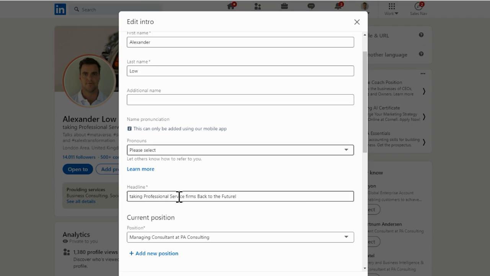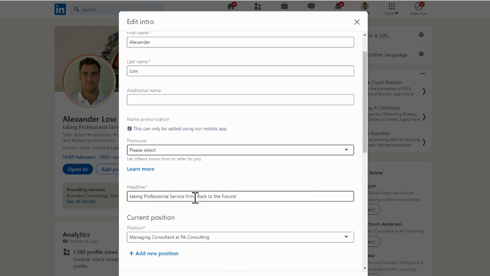So fundamentally, what we want to have here is something that's going to create intrigue, going to catch people's attention, and start to make you stand out from the crowd. I'm not necessarily suggesting that you go as far as I've gone, if you're not comfortable with this kind of introductory headline. But fundamentally the way that I look at this is, if I were to pick up the phone to any of your clients, how would they describe to me what it is that you do for them? That's what we want to think about in the world of professional services: lawyers, accountants, managing consultants, whoever. How would they describe to you, or to me, I should say, what it is you do for